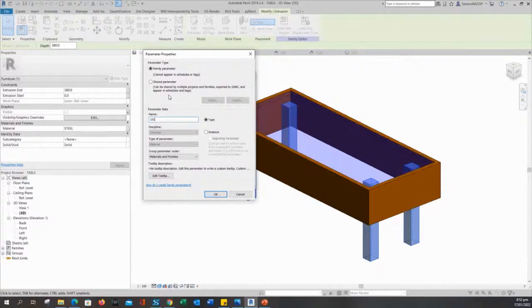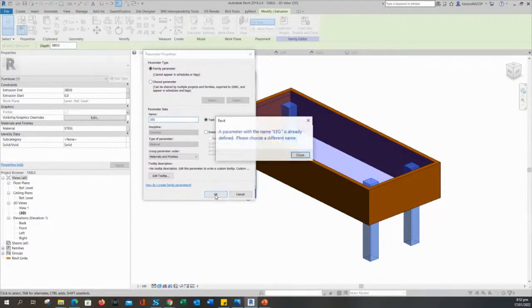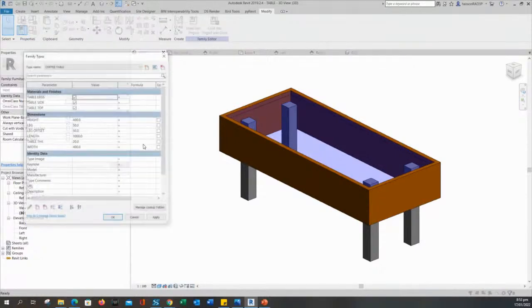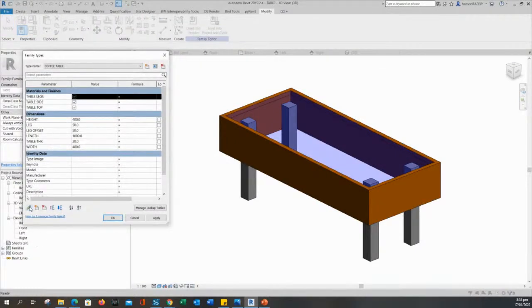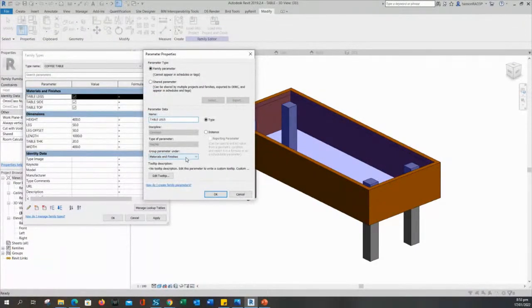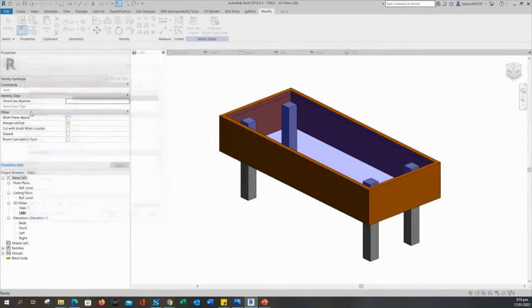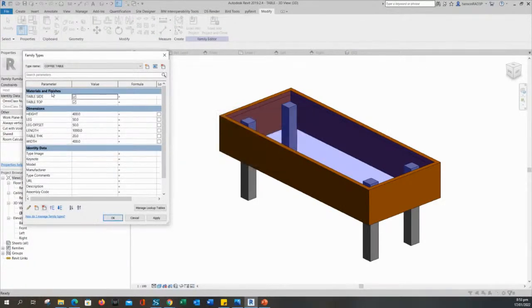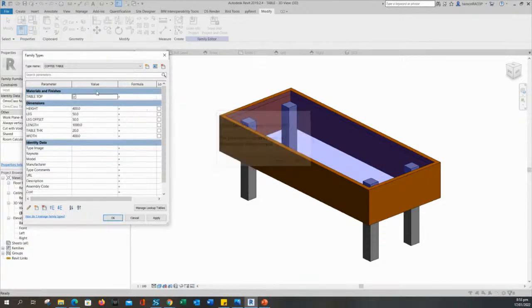Simply length. Yeah, you should have the material, but